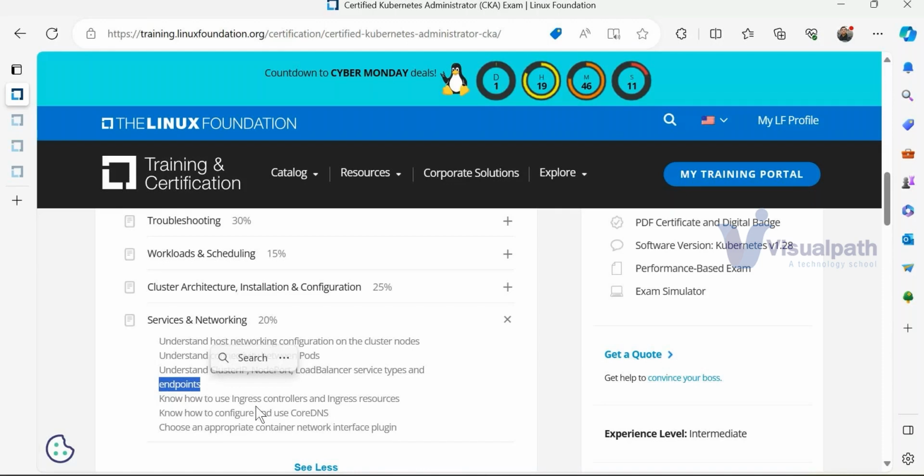Endpoint means IP addresses will be collected along with the port number. Or if I don't want to expose the IP address, I can convert it into a URL, right? Ultimately, when I say ping www.google.com, what will it do? It will go to the IP address. It will give you an IP address, right? So that is how we will collect all our endpoints.